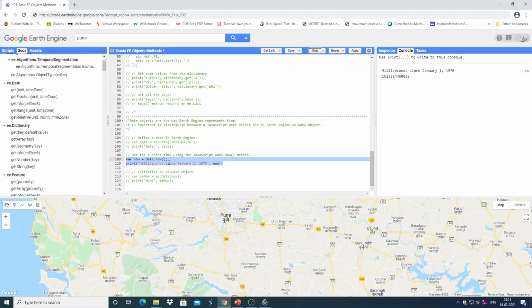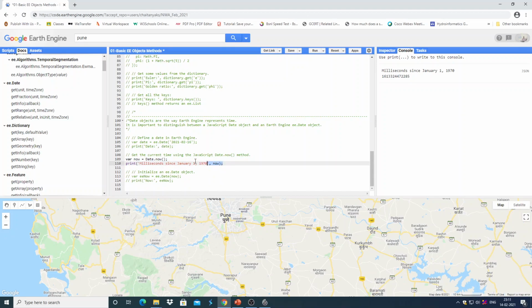So the milliseconds that have passed since January 1, 1970 is this much. And if you run it again, you will see some change. This much, so many milliseconds have elapsed since running the script a few seconds ago. So you will find this date, current time, associated with the metadata of many satellite imageries. And you should know what it is. It is not very important, but you should know that it is in milliseconds.